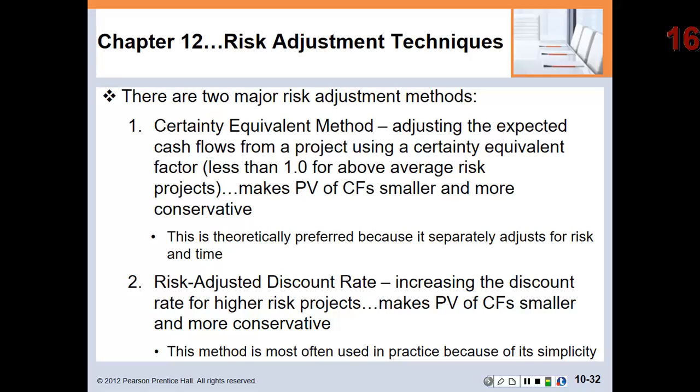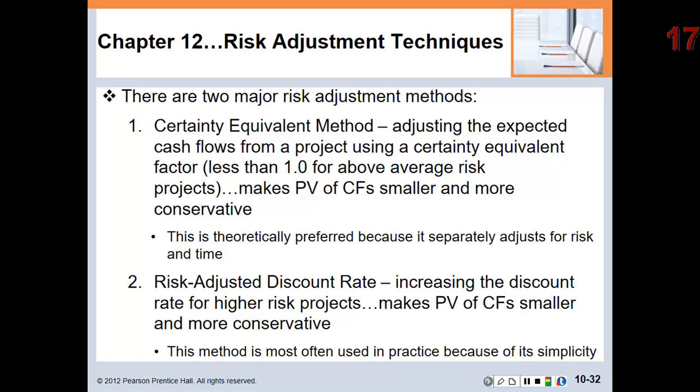The discount rate is the denominator of the net present value calculation. And this is pretty simple. If we make the discount rate larger, it's going to make the present value of the future cash flows smaller. Again, we're making them more conservative, we're making them smaller, but if we can use a higher discount rate, make the present value of the cash inflow smaller, subtract the initial investment, and still have a positive net present value, again, we've accounted for the risk. It's still a good project, and we would undertake that project.